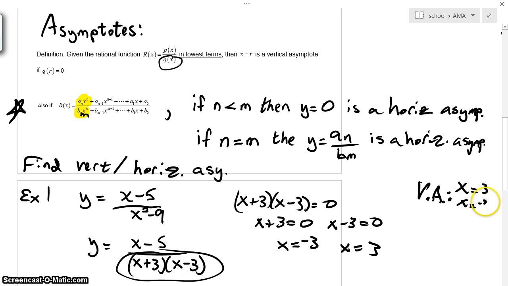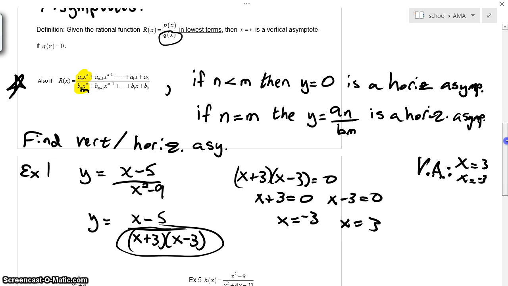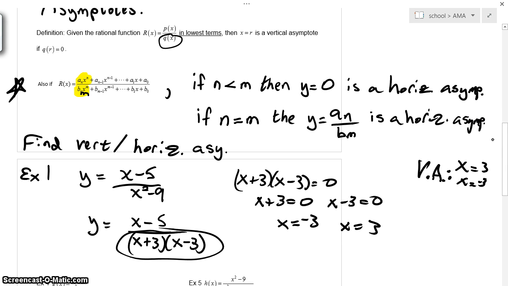I want to point out that neither x plus 3 nor x minus 3 would be canceled out up on top, or in lowest terms, in other words. If it were to cancel out, that would actually become a hole, a removable discontinuity, and we'll talk about that in a little more detail. But real quickly, let's continue working on